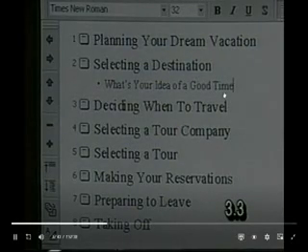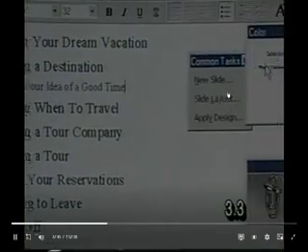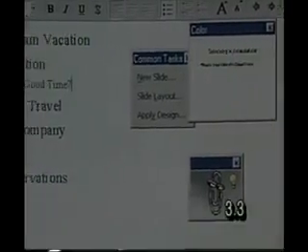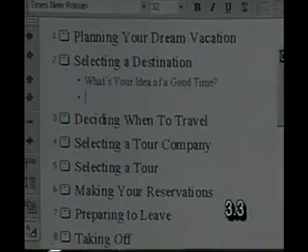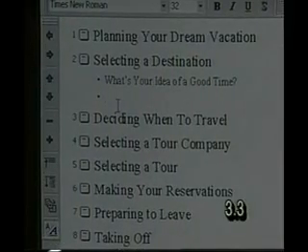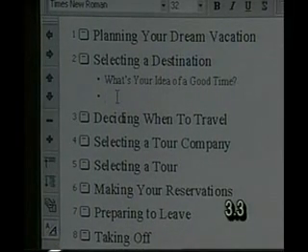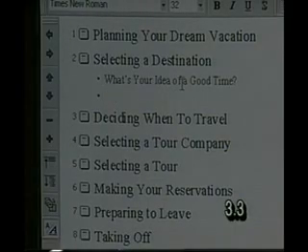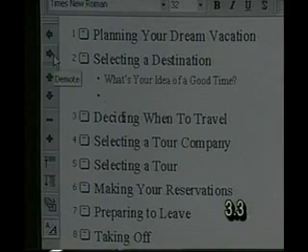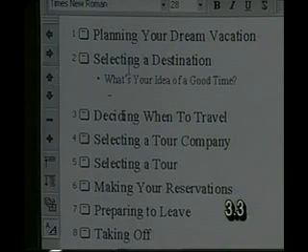Notice that we can see in our slide miniature what our slide is going to look like. I'm going to press enter, and I automatically get a subtopic at the same level. Now let's say that I want a subtopic of what's your idea of a good time. Again, I can hit my tab key, or I can demote. I demoted, and I'm now ready to put in a subtopic of the what's your idea of a good time